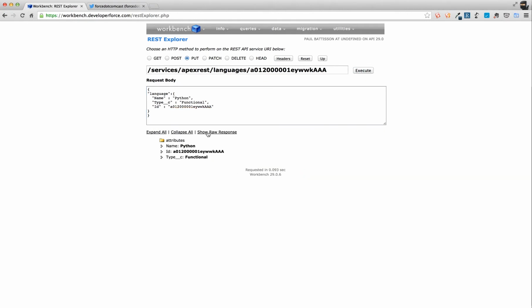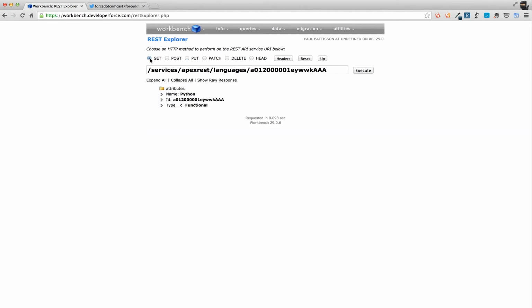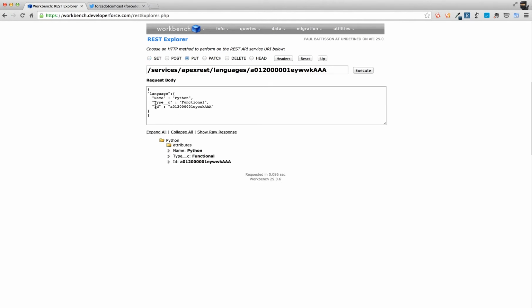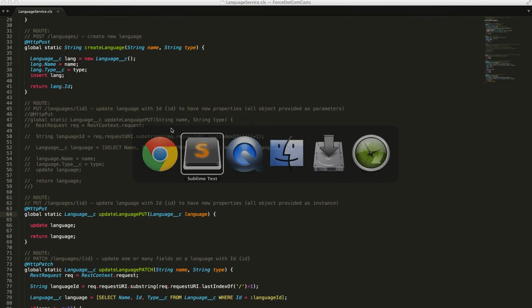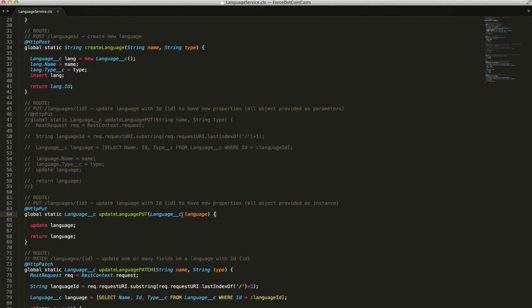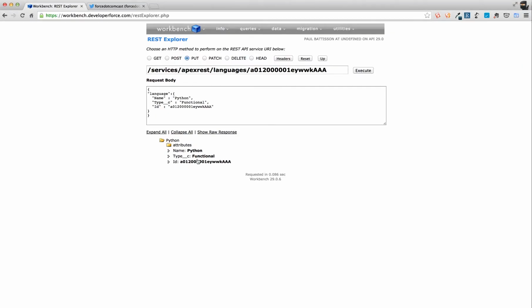And it's gone away and worked. So if we just call get on this now, you can see that it's retrieved the correct value and it's been updated. So what happened when we did the put method there, and I'll show you again, is that we've defined this parameter language in our method here, and we've defined that to be a type language_c, so the language S object. And what we've done is we've just constructed all of that S object here as a JSON object for